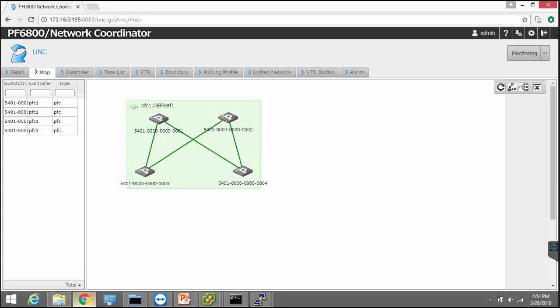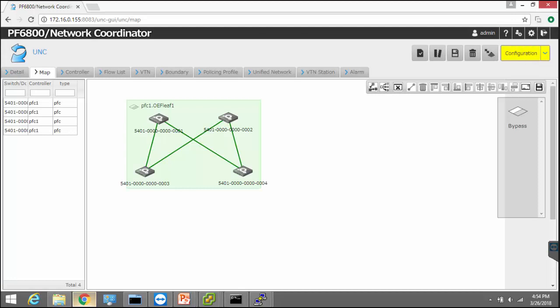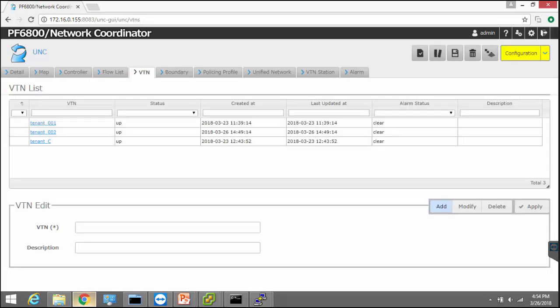This graphical user interface is not only for visualizing the physical topology, you can also create and manage the virtual networks. So you go to the configuration mode on this tool, and then click on the VTN tab over here, and you can see all the virtual networks that you have in the network. There are 3 virtual networks already created in the network for this demo purpose, and I will be adding a new VTN called tenant D, where you can see the traffic information before and after